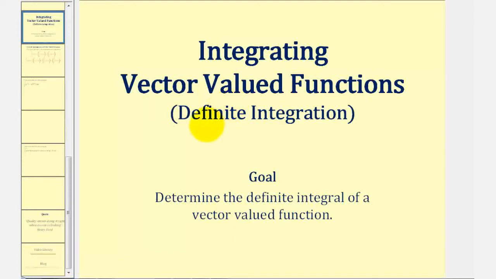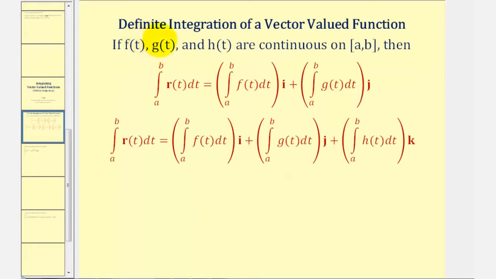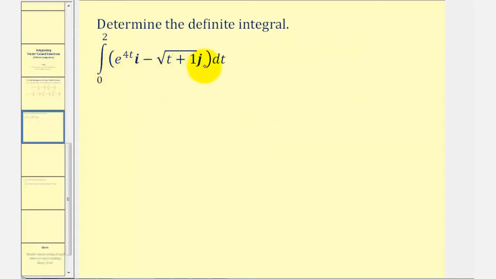Welcome to a lesson on definite integration of vector valued functions. To determine the definite integral of a vector valued function, we integrate each component separately. So looking at our first example, because the vector valued function only has an x and y component, we'll have